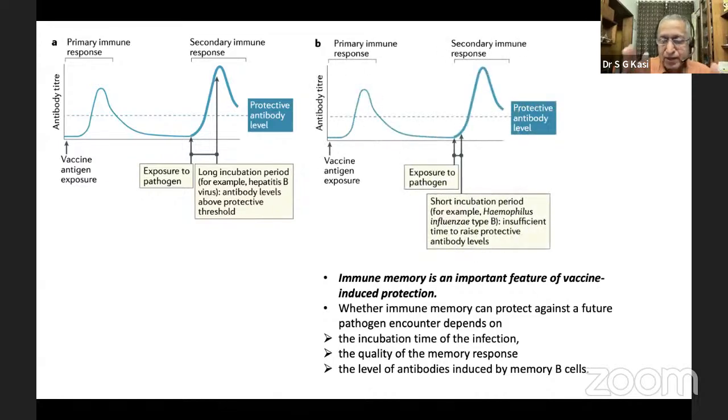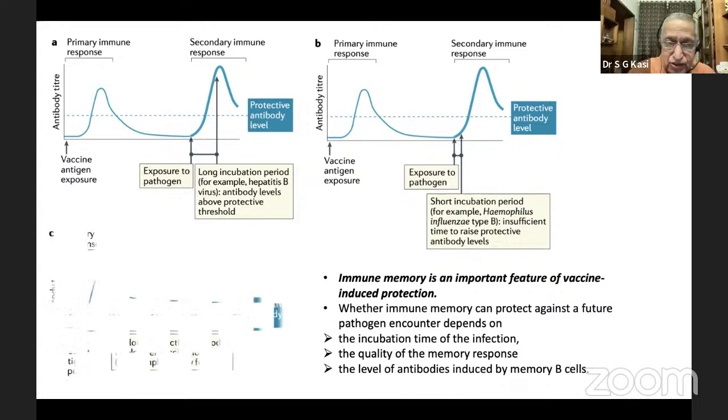On the other hand, look at an illness like, say, Hib or a pneumococcal vaccine or a meningococcal disease. Once the titers fall to below protective levels, when you give a booster or there's a re-exposure, the antibody titers, of course, rise very high, but still this rise is occurring at a pace at which the incubation period is already over. So at the end of the incubation period, you still do not have protective antibody titer levels. So in such illnesses, you have to give repeated boosters so that you maintain the antibody titers at the protective level for a long period of time.